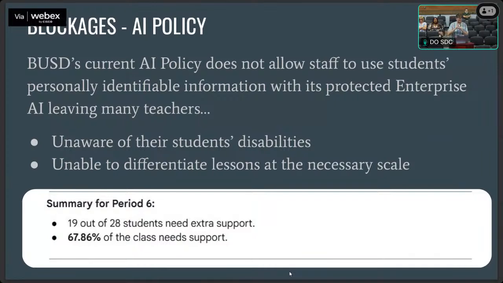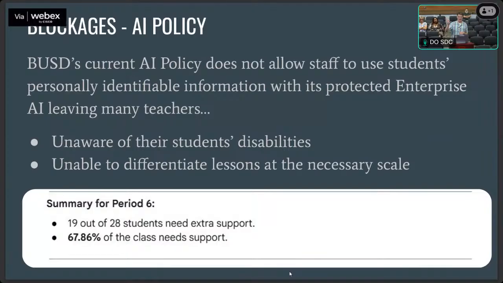Okay, so back up, time out. So you're like, well, red flag. Okay, so there's a difference, and I'm going to explain it here. There's enterprise AI, which is kind of like the same kind of protections that you have with Google Drive and OneDrive. All of our data is siloed. It's not used to share with other places. It's extra secure. Then there are public AIs, like a public version of ChatGPT, a public version of Gemini, a public version of the Microsoft version. And I didn't use any of those public versions. I used our district enterprise AI.